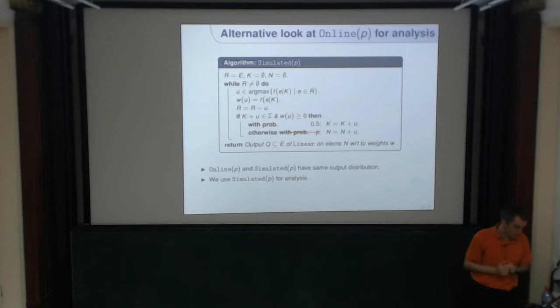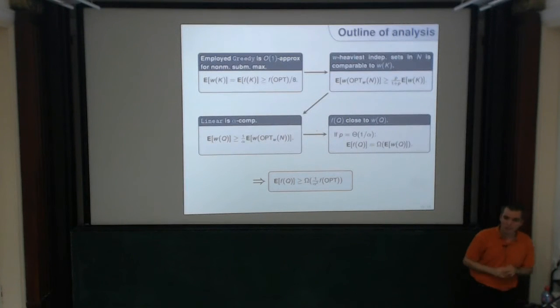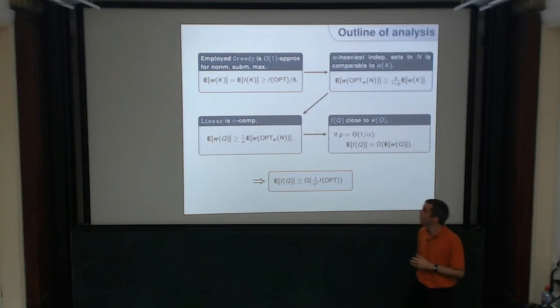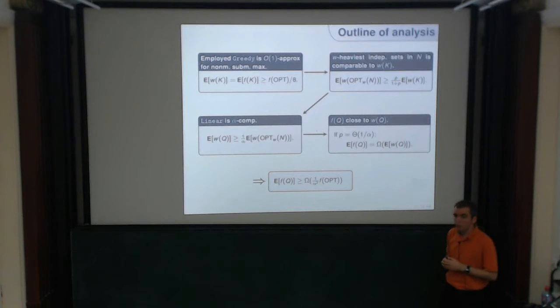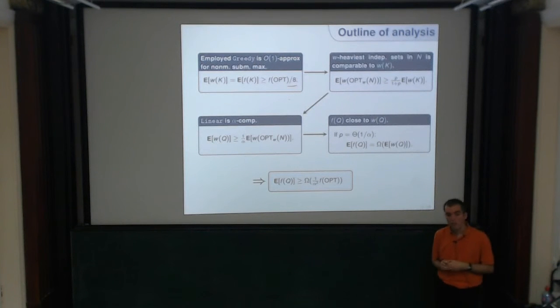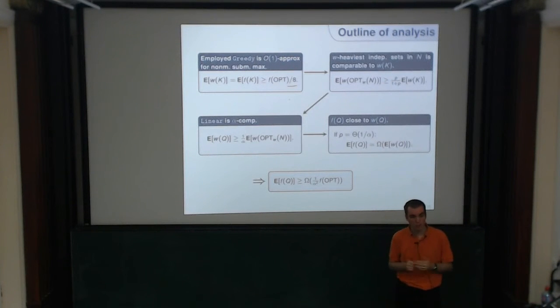I'll try to give you a few ideas of the analysis, but I try not to go too much into details, and even if you couldn't completely follow the previous descriptions, I hope I can give you some insights. So first, on a high level, what we have to show is that our control set K has a large submodular value that compares well against the optimal submodular value. And we can show this is the case. It turns out that our control set is an 8 approximation for the best submodular value, the highest submodular set in the ground set.